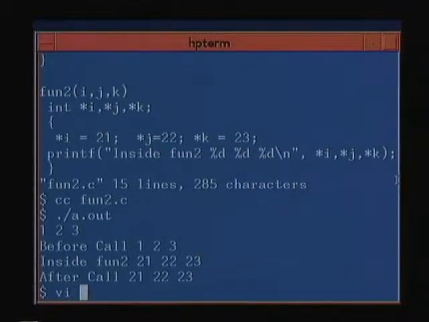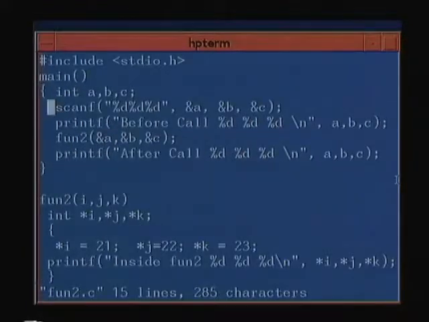And now you will appreciate why in scanf you have to pass the addresses, because it's called by value. If you had passed A, B and C, whatever you read inside wouldn't have been reflected back when you returned. So that is why you pass the addresses, and the scanf function actually modifies the contents. So whenever we want to get values passed back, we will have to use the contents and the address locations in C. This is a typical C style of programming.